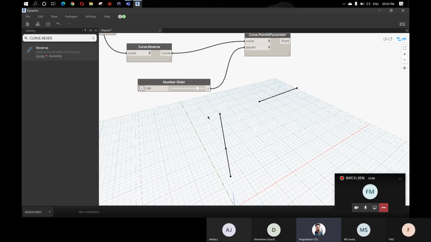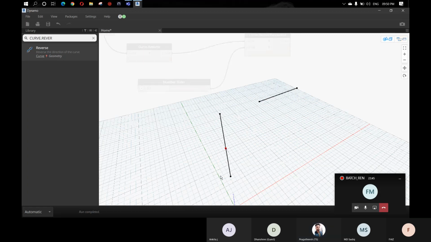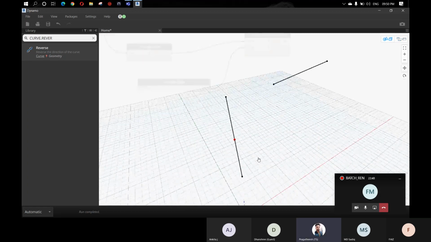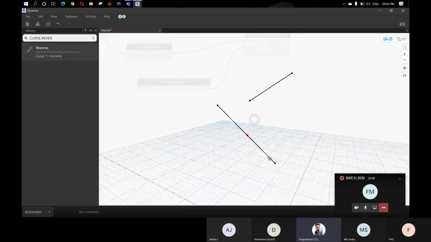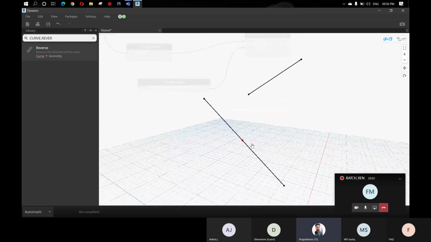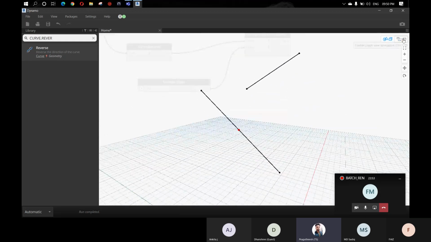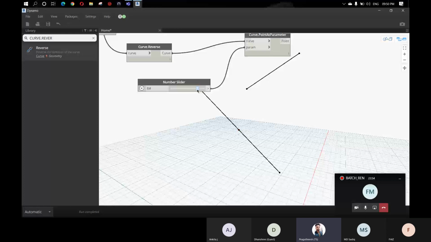Okay, so now what you're seeing here is that we have created a point on this curve, the red point, and I have given a number slider. As soon as I move this number slider, you can see this point moving along the curve that we have defined. It is even going beyond it because I have given the minimum value as -1.